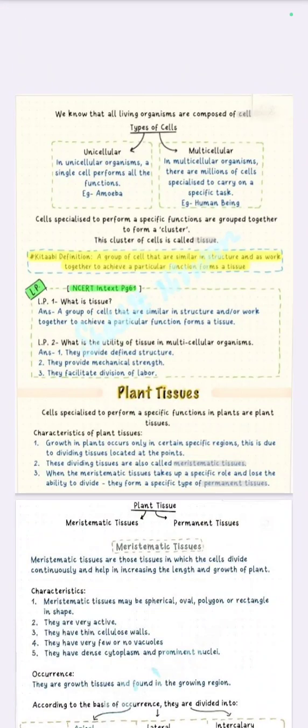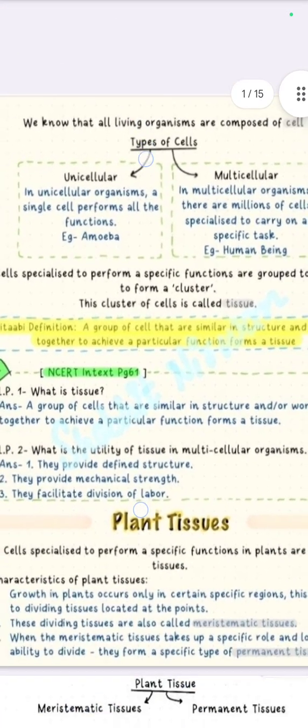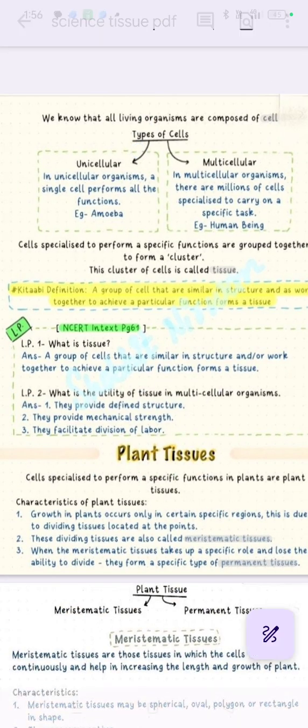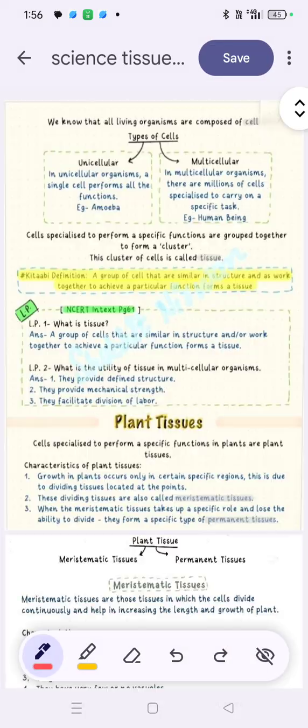So tissue. In here we learn about the tissue. So first of all, what is tissue? We know all living organisms are composed of cells, and a group of many cells is known